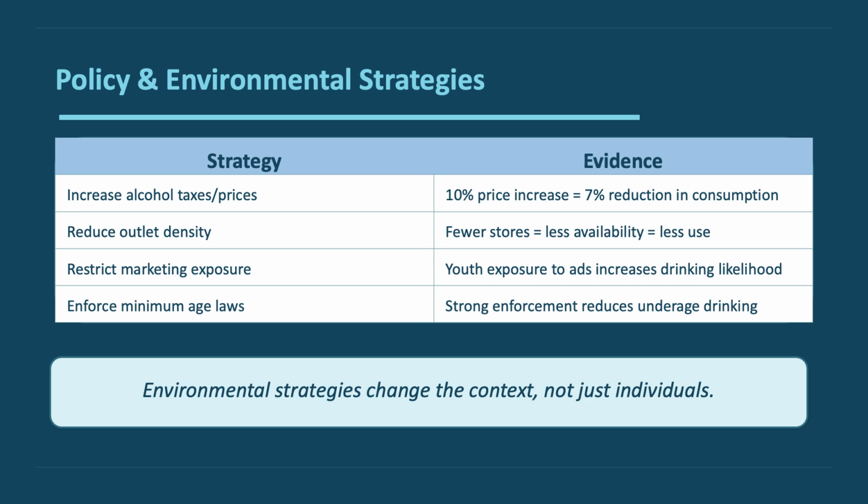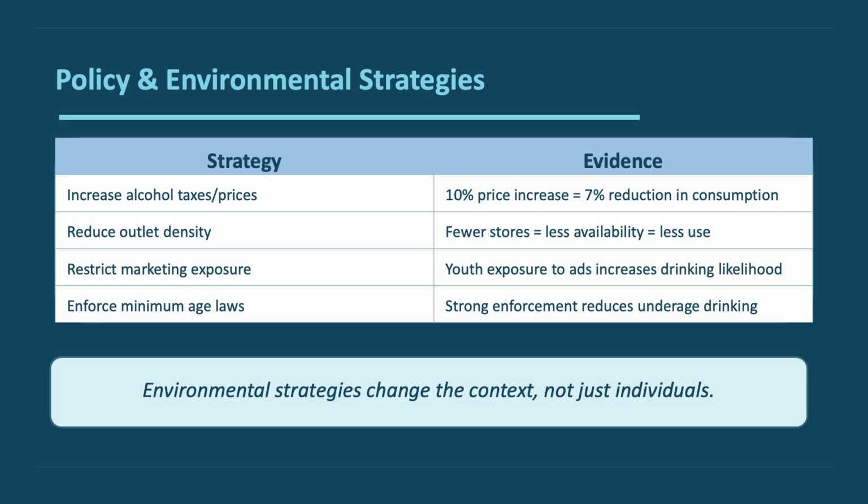And so I put four key things here that are really important as we're thinking about some of the strategies that help address this. The first is increasing alcohol taxes. And again, I keep harping on this because it's really the biggest thing that we have. So a 10% increase, which is really not that much. Think about it as 10 cents on the dollar, or if you have a $10 beverage, it's a $1 increase. It's a 7% reduction in consumption, which is a really high value cost benefit proposition here.